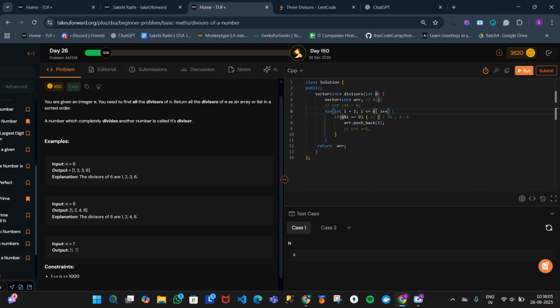We can iterate the loop till square root of n, and here we can also add another condition for the counterpart. What it will do is, if i is a divisor of n, then n divided by i will also be a divisor of n. So in that case we can add the elements which are greater than the square root. If i is not equal to n divided by i, in that case we can do array dot push_back